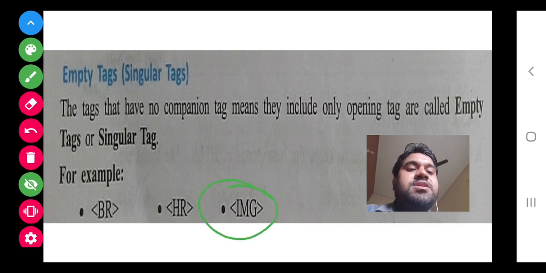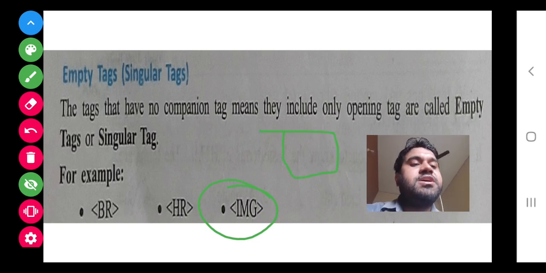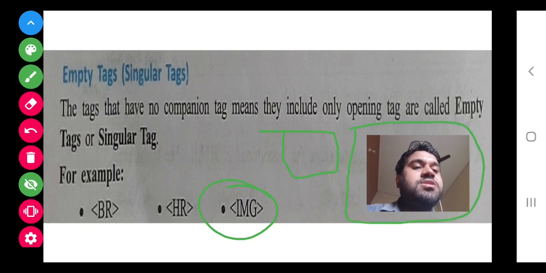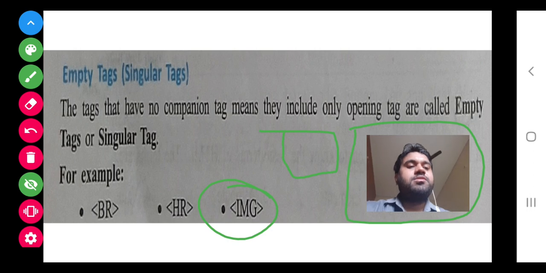And img is the image tag. It is also not required to be closed, because the position you will give, wherever you write this image tag, there only that image will get inserted. So it is not like that in 4 or 5 lines it will come. It has a proper size, horizontal and vertical. Suppose here I want to get the image, as my image is coming, so it is not required to be started and closed. In the HTML document, wherever you write it, that particular image will come.